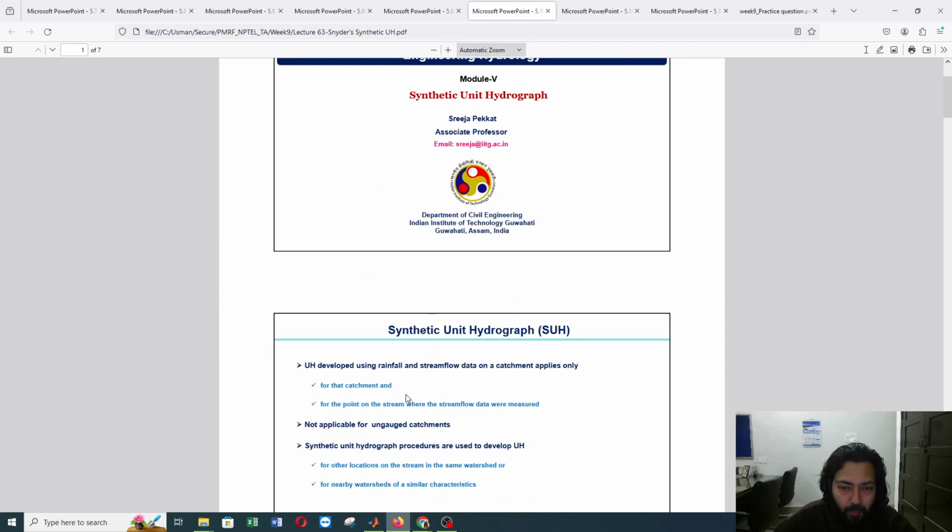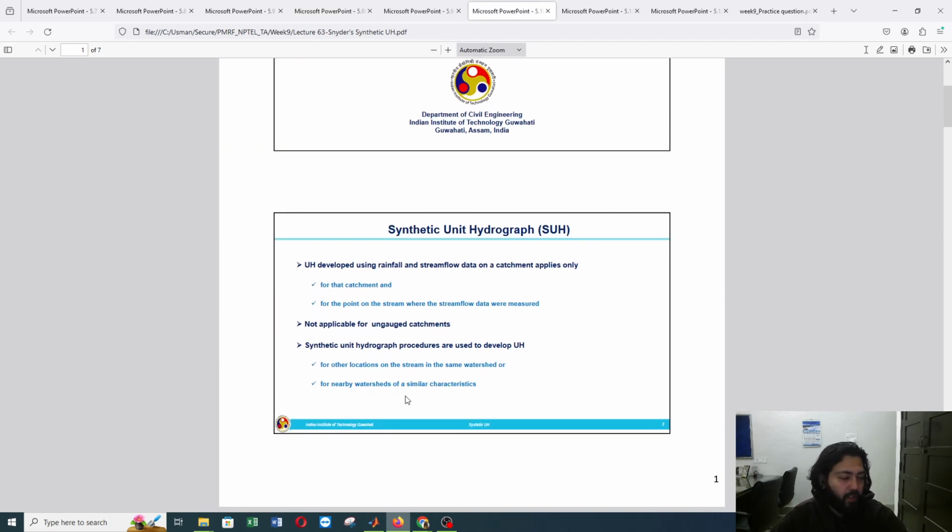Now the next important unit hydrograph is the synthetic unit hydrograph, right? The important thing about the synthetic unit hydrograph is that it is mostly applied for a catchment where we are missing some data, where we do not have any gauging site. So in that location we can use